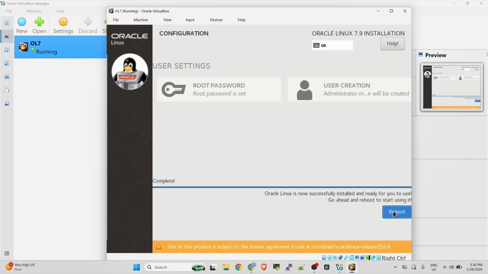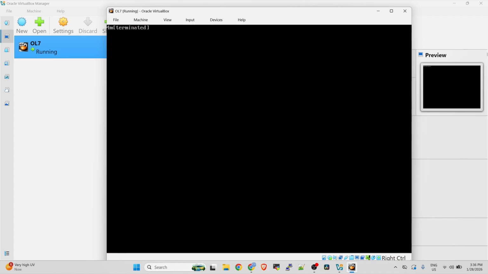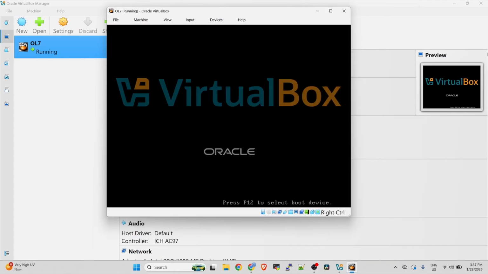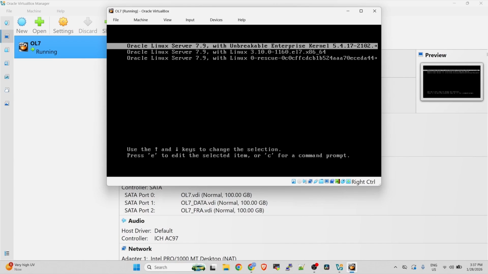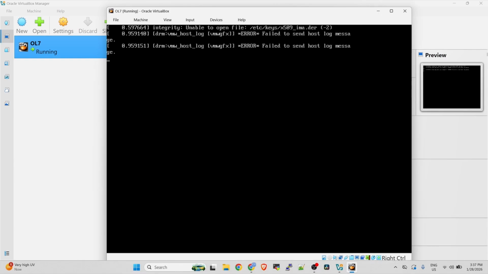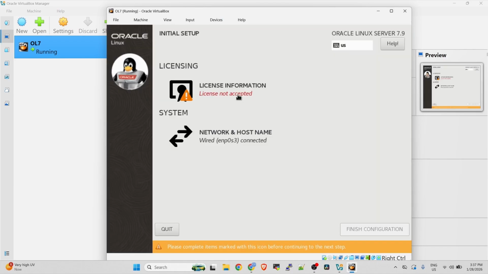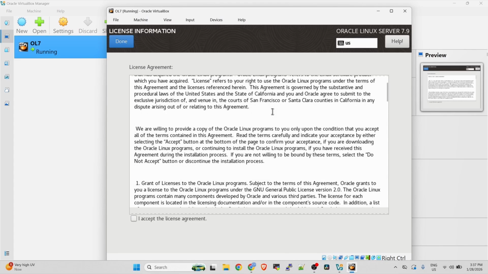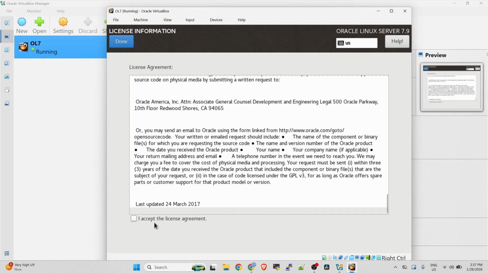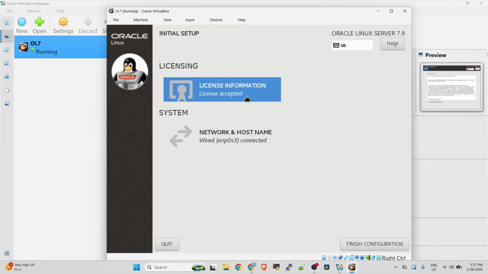But for now, let's reboot our operating system. And then we can just go ahead and select the Oracle Linux Server 7.9 Unbreakable Enterprise Kernel 5.4.17. And then we're going to log in as root user. Okay, so for the license information, just click it and then accept the license agreement and then click done.